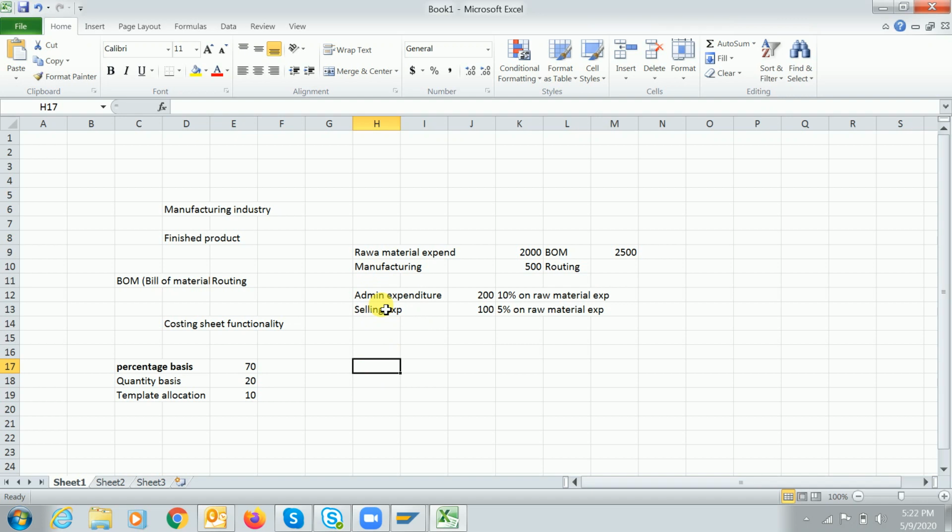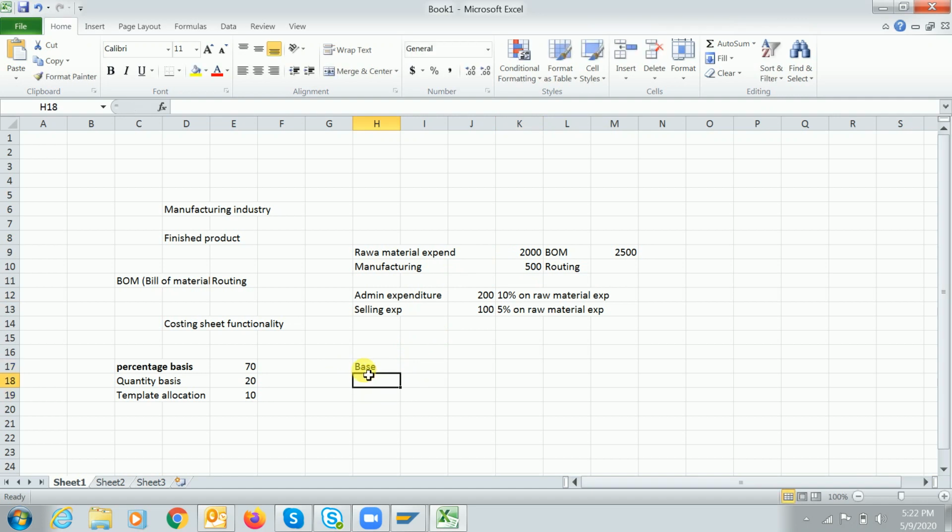Then whatever percentage we have maintained here, the system will apply this percentage on the material cost, whatever we have maintained as a base. That's the reason we are going to maintain base.